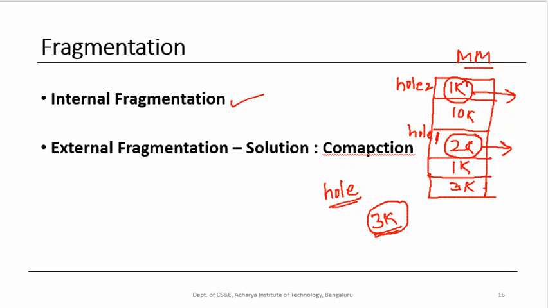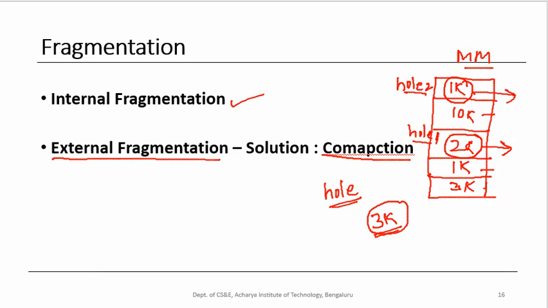So that's the disadvantage of contiguous memory allocation and further of the variable sized partitions approach. These are also called holes or fragments, but these fragments are external to the processes, external to this process and this process, therefore they are called external fragmentation or external fragments. Now there is a solution for this, that is called compaction.